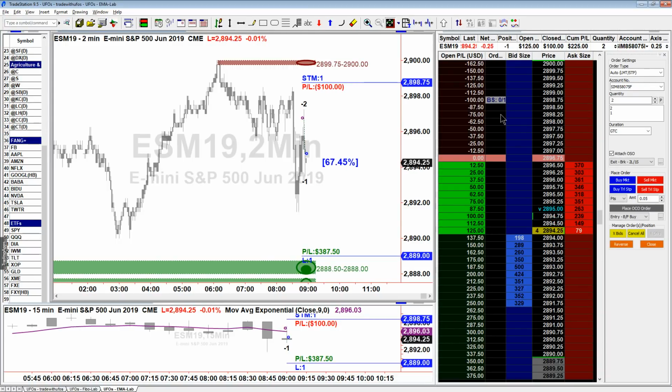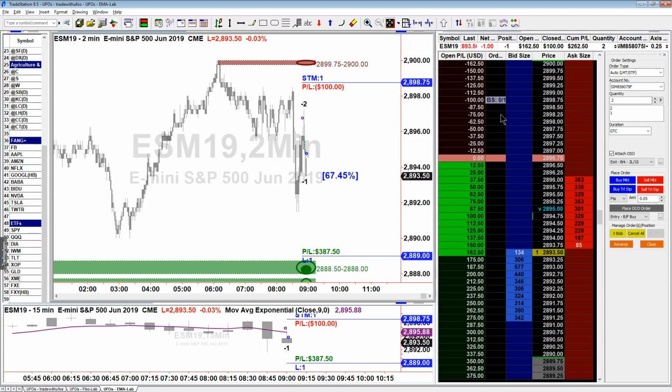On Sunday, we will add more rules that have to do with the trend condition, whether a trend is strong or weak, and a series of things that will make our trades much better. But right now, we are just watching this. If this market drops by 3 more ticks and hits $200 profit in this one contract, then I will grab my buy stop and move it down. And it's looking good for this to happen, because we are trading in the direction of the trend, so the market is more likely to keep moving lower than higher at this time.